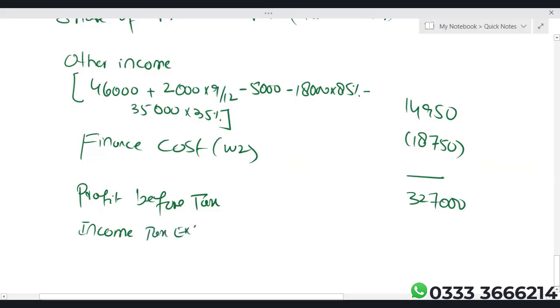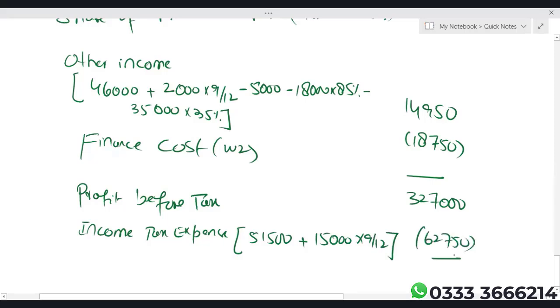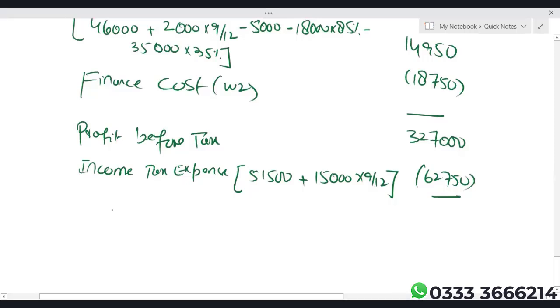Income tax expense: parent is having 51,500, subsidiary is having 15,000, 9/12. 62,750. Profit for the year: 3,27,000 minus 62,750 gives us